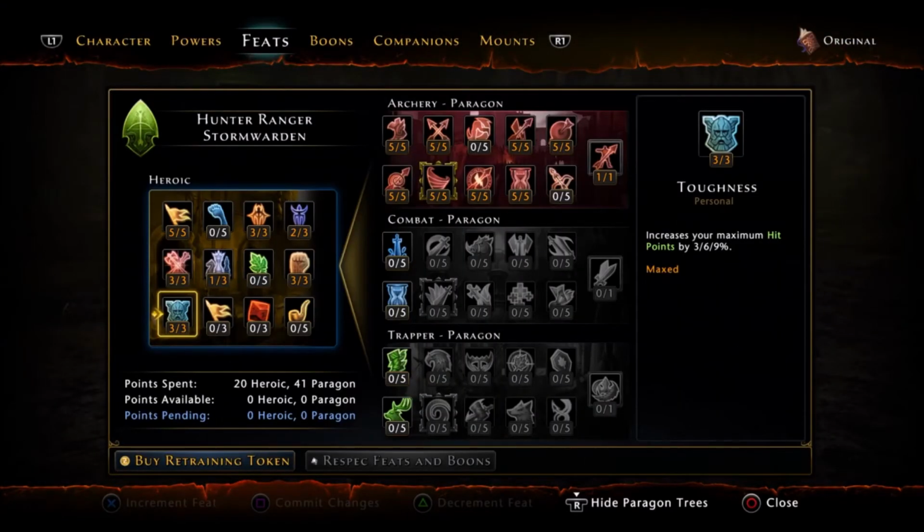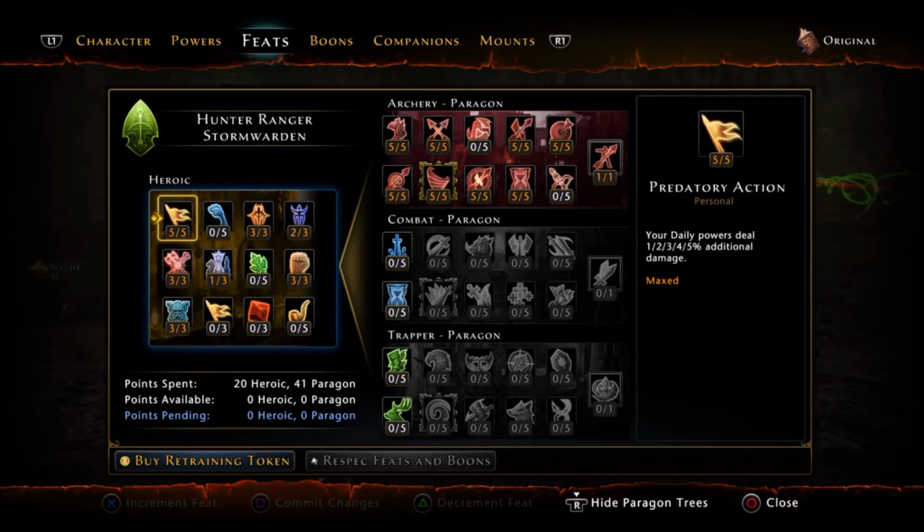Heading into feats here. I completely tailored this character to only focus on its range tree. I do not really care about switching weapons or anything like that. I have a Trickster Rogue if I want to play a melee class like that, so I don't intend on using melee skills. Instead, I completely focused into my archery tree. So I went with 3 into critical strike, 3 into maximum life, 5 into my daily powers dealing additional damage,